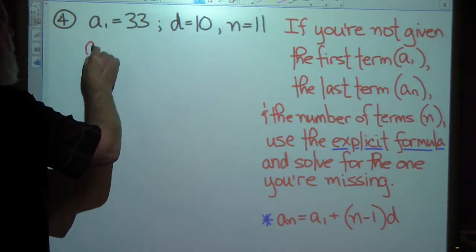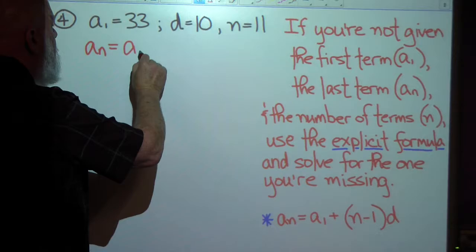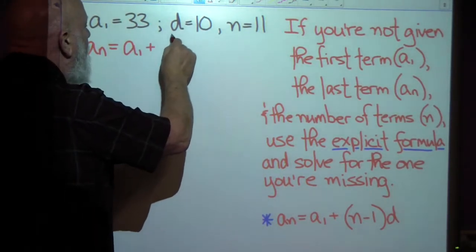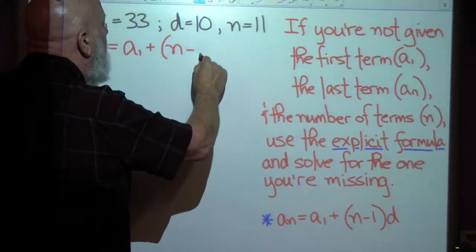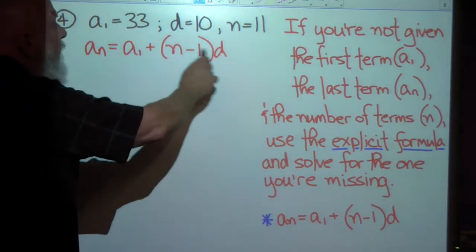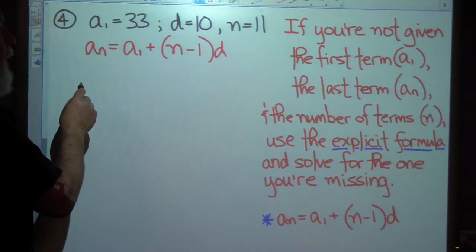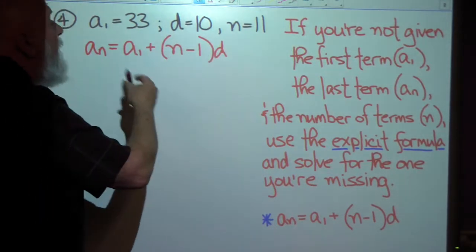A sub n is equal to a sub 1 plus the quantity n minus 1 times d, which is the common difference. I'm going to plug in everything I know, and the only thing I won't know is the last term. And then this will tell me what the last term is, and then I can use